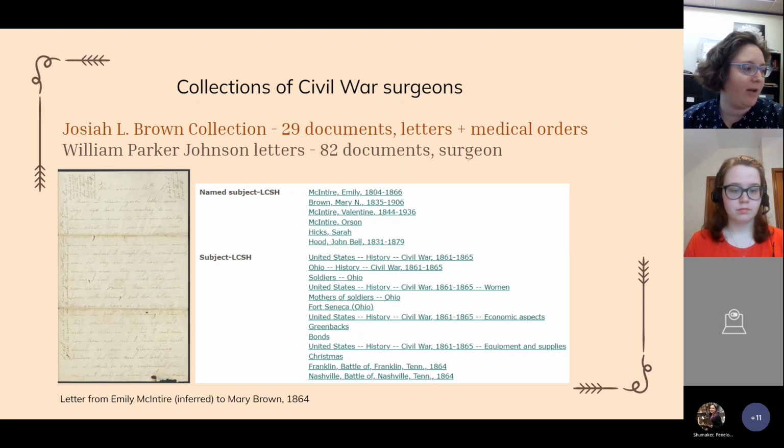about. So in this example, we have a letter from Emily McIntyre to Mary Brown. This is from the Brown collection. And here you can see what the after example looks like. So we have a lot more named subjects. Before we only had the sender and receiver, and now we have fuller agent records that have the names of people that are mentioned in the letters, as well as the sender and receiver, and then just a